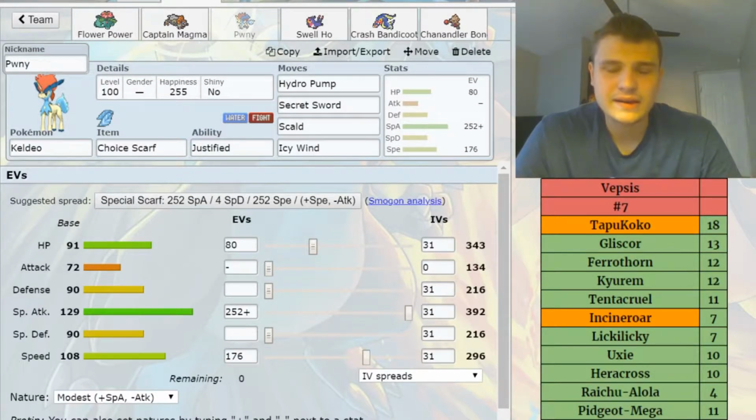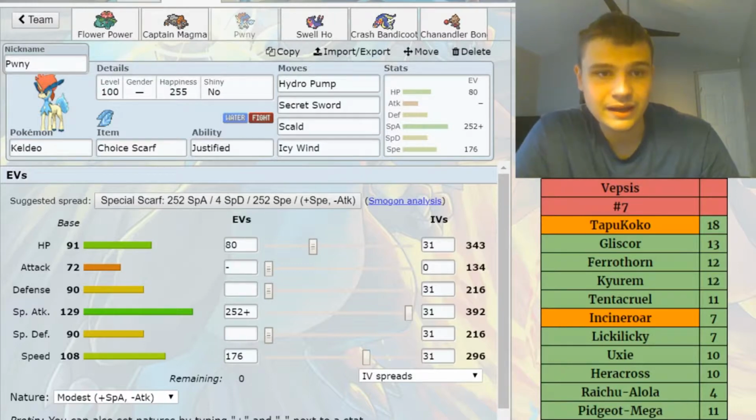The reason I've got Icy Wind on this thing is because if he gets screens up and he wants to pass with his Gliscor, which is something I did consider, I can bring the Keldeo in on the Gliscor. It won't be able to KO it, I can hit it with an Icy Wind, which means if it goes for an Agility, it will be at +1 speed, and anything he passes to, I will be able to outspeed with my Keldeo after the speed reduction,